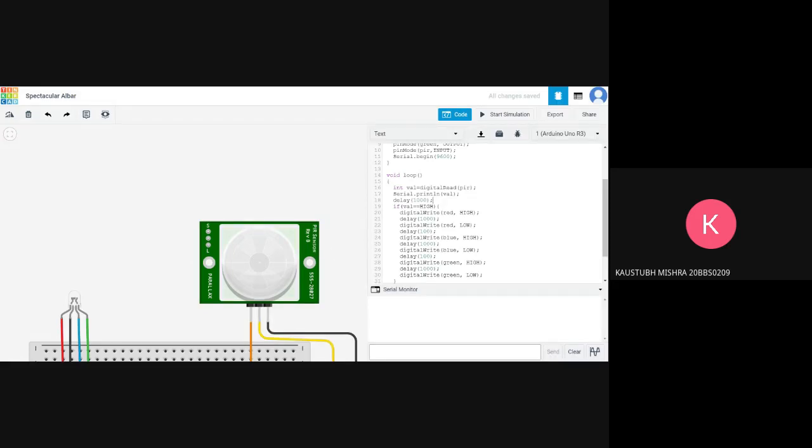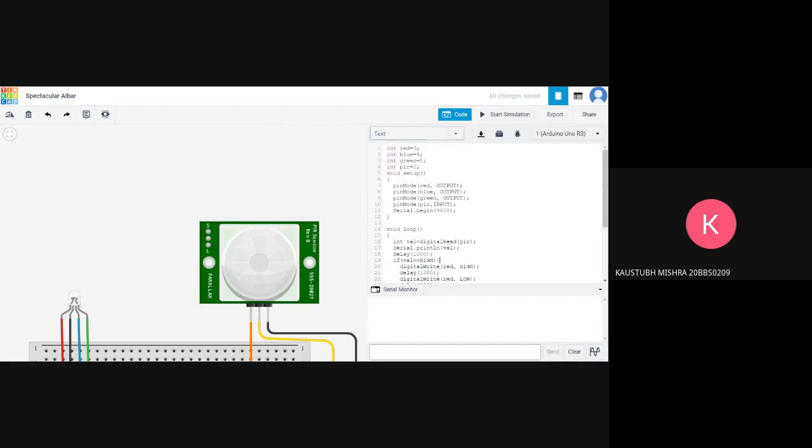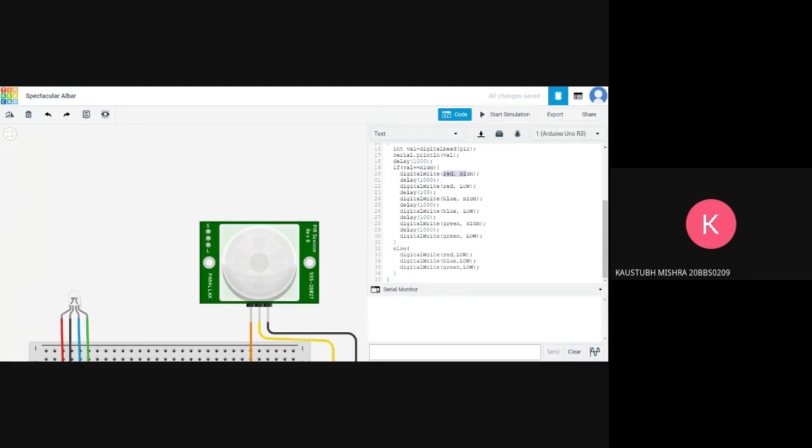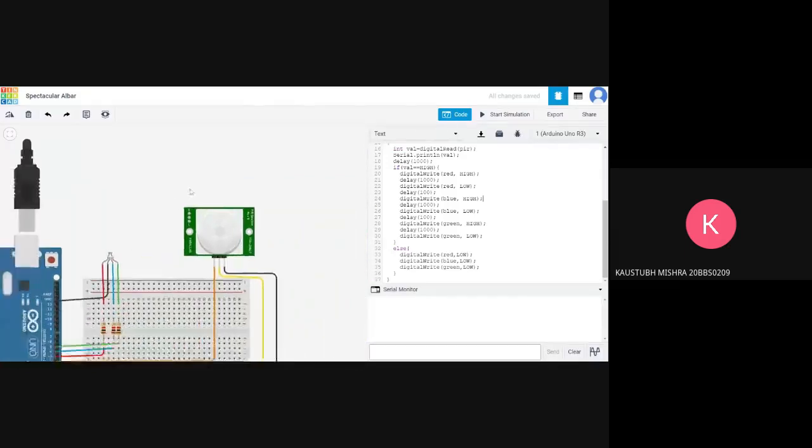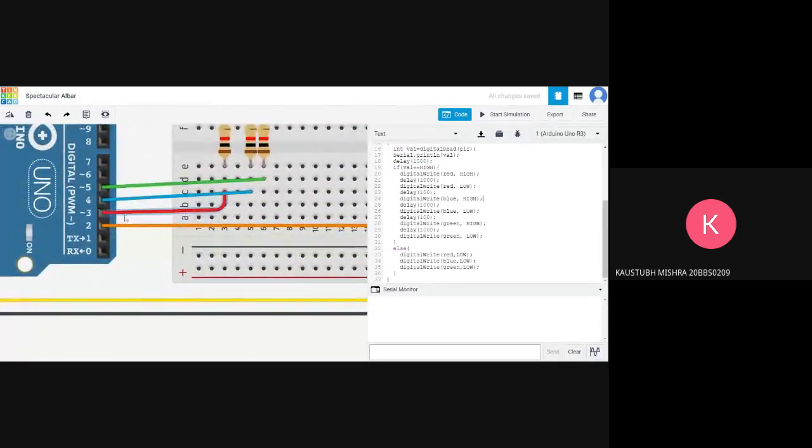So what if val equal to 1, we can just like the digital read, there is the digital write, and I have used red comma high. So what this means is red is obviously replaced by 3 over here. So when I say digital write red comma high, it corresponds to 3 comma high, and that tells the Arduino, okay, for pin number 3 over here, I need to send a current out.